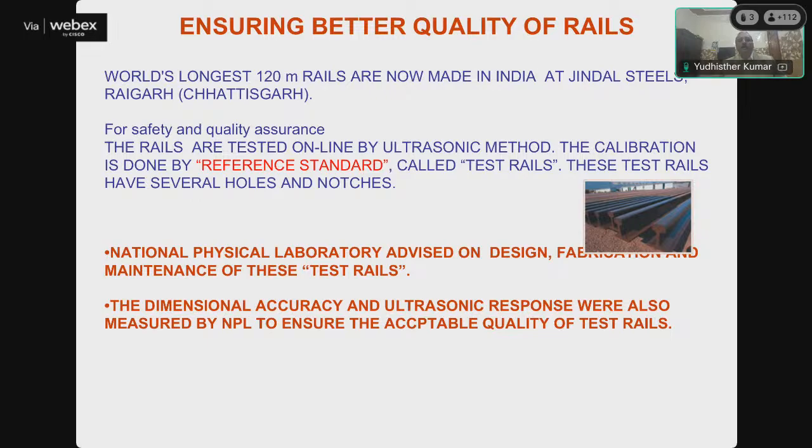Now, for ensuring better quality of rails, we have also worked on making reference rails. You may be knowing that the world's longest 120-meter rails are now made in India at Jindal Steels, Raigad, Chhattisgarh. For safety and quality assurance, the rails are tested online at the manufacturing site by the ultrasonic method. The calibration is done by using a reference standard. These are called test rails. These test rails have several holes and notches, and these earlier were